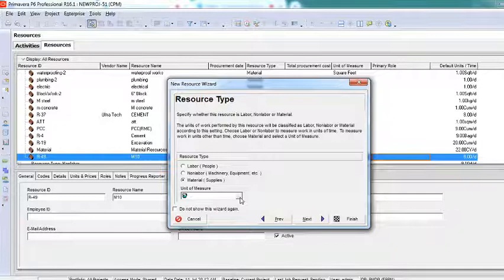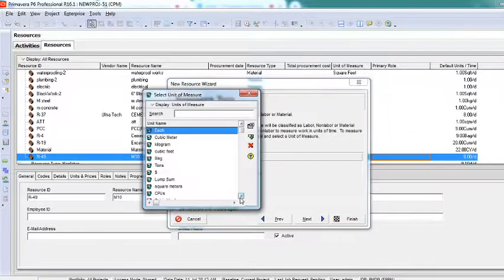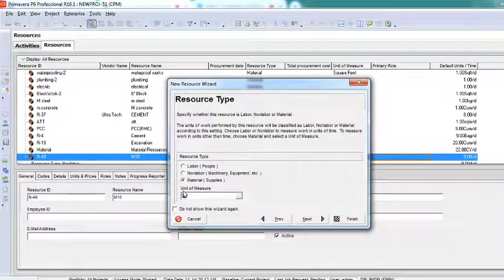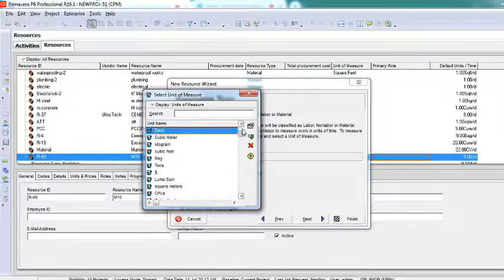What is a unit? How do you calculate your concrete? Meter cube. Yes. So when I come here, this is an option here. You can see a unit of measure. When you browse here, you will find all the options available. But if you are doing it for the first time, a few options might not be there. A few default things have been created in this, but a few of them will not be there.